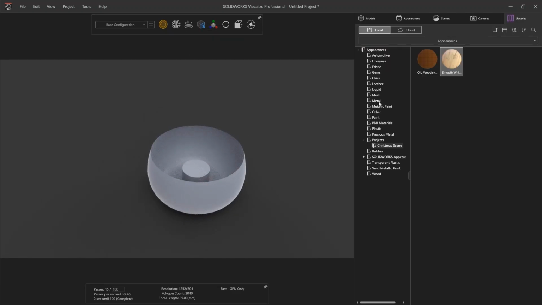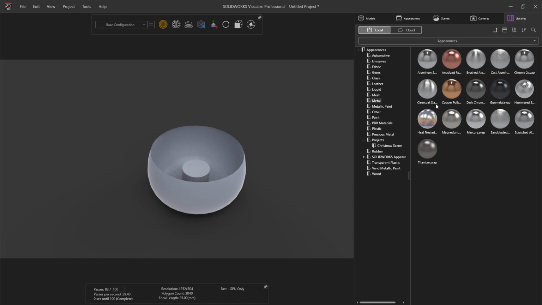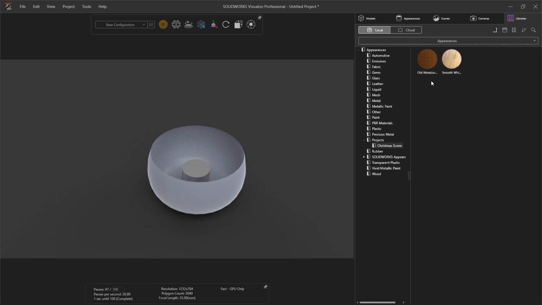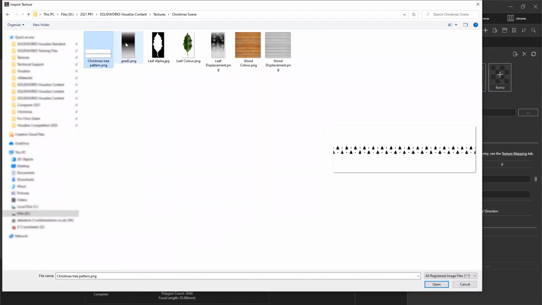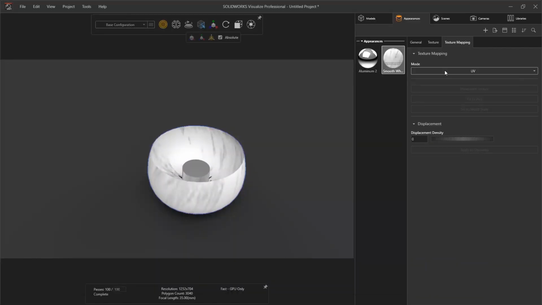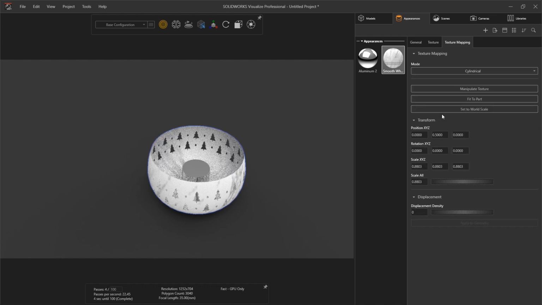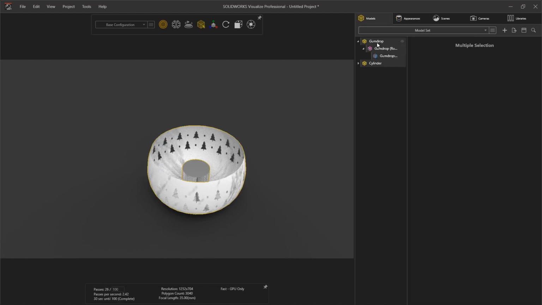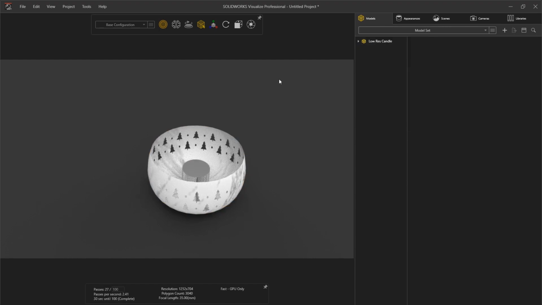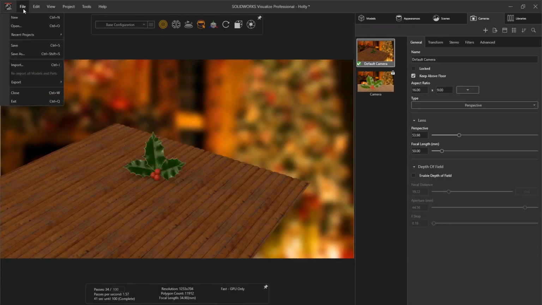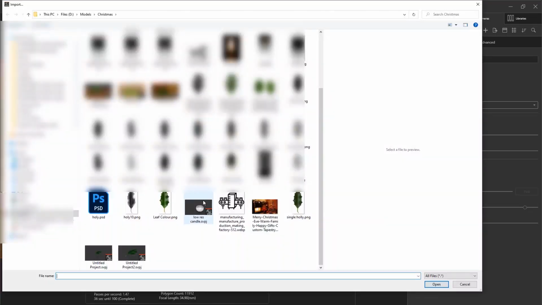The only other thing I'll do is add some appearances. I'll add an aluminium effect onto the cylinder and a marble effect onto the holder. To make it a bit more festive, I will use a Christmas tree cutout pattern on the holder using another alpha channel. Finally, I will merge these together so they appear as one part when I import it into other projects. Now my candle is done, I will import it into my holly project using the simple import feature.